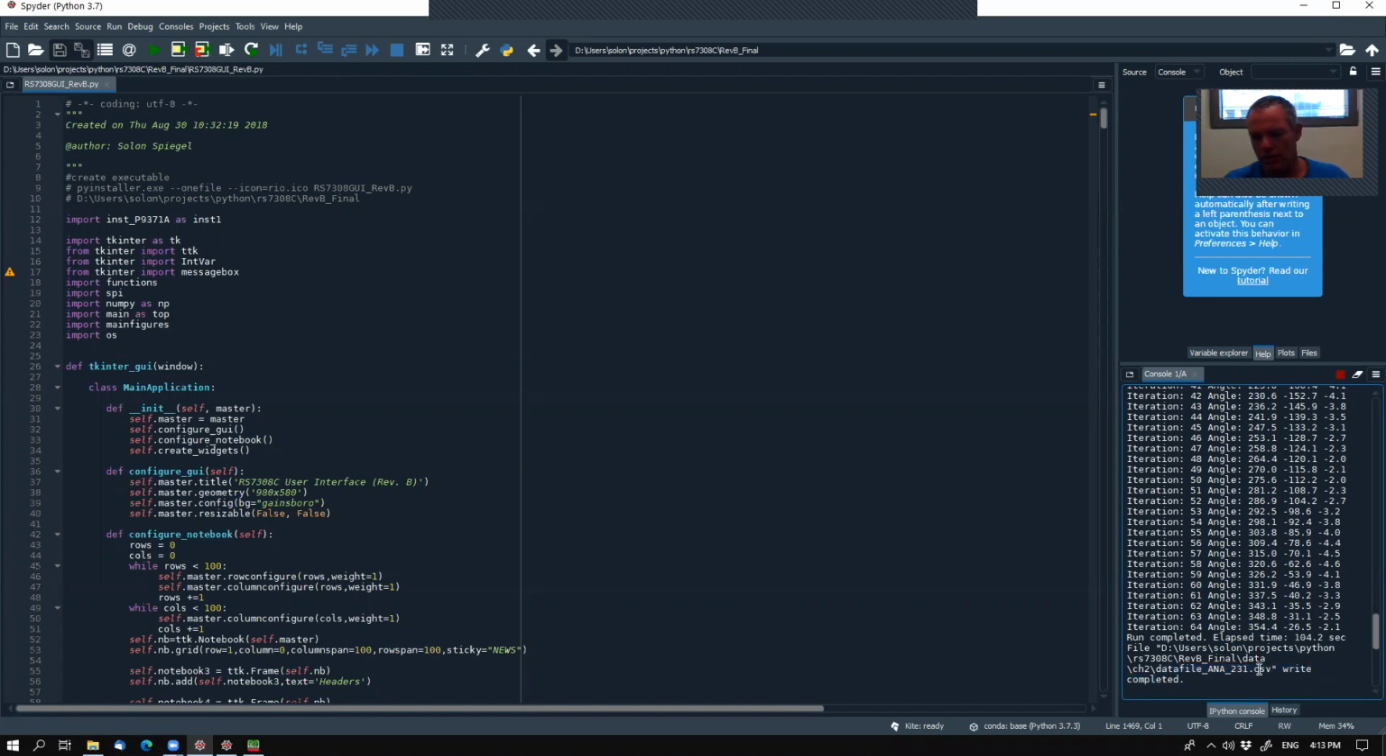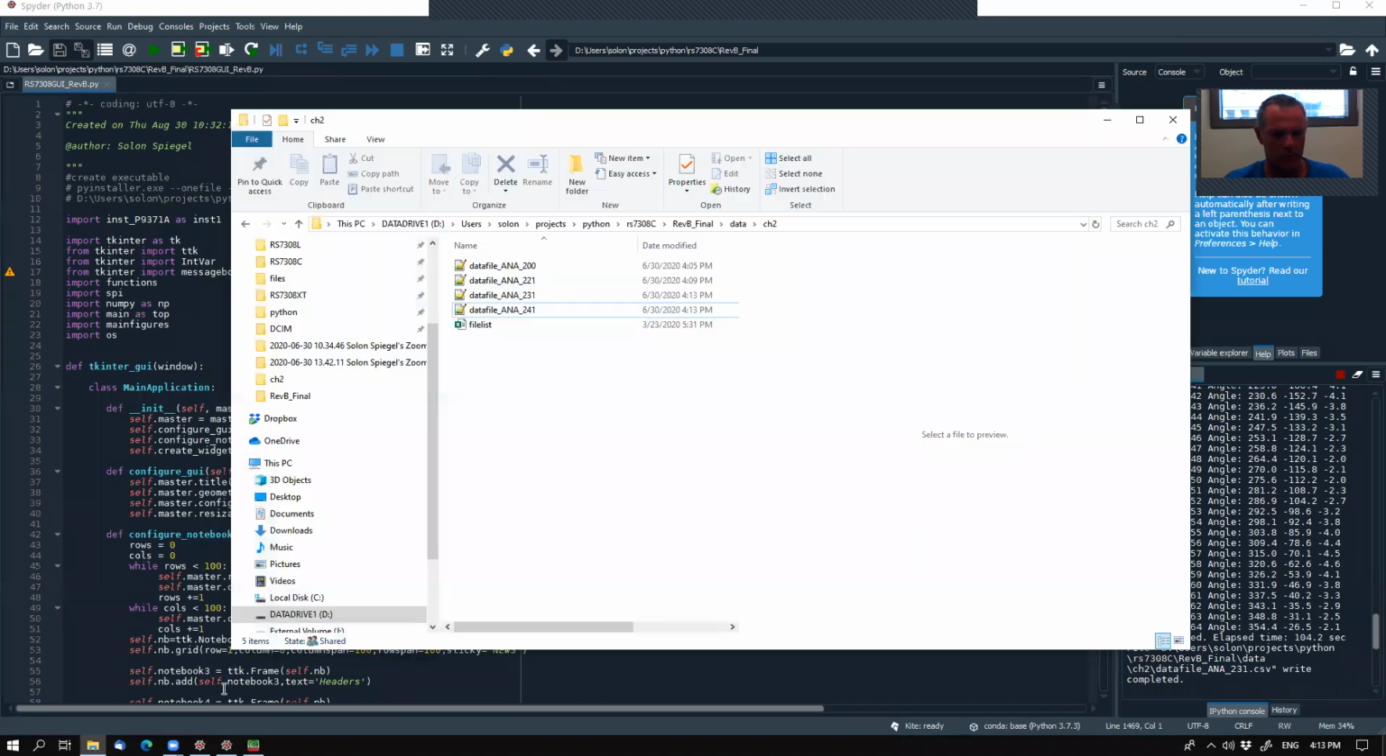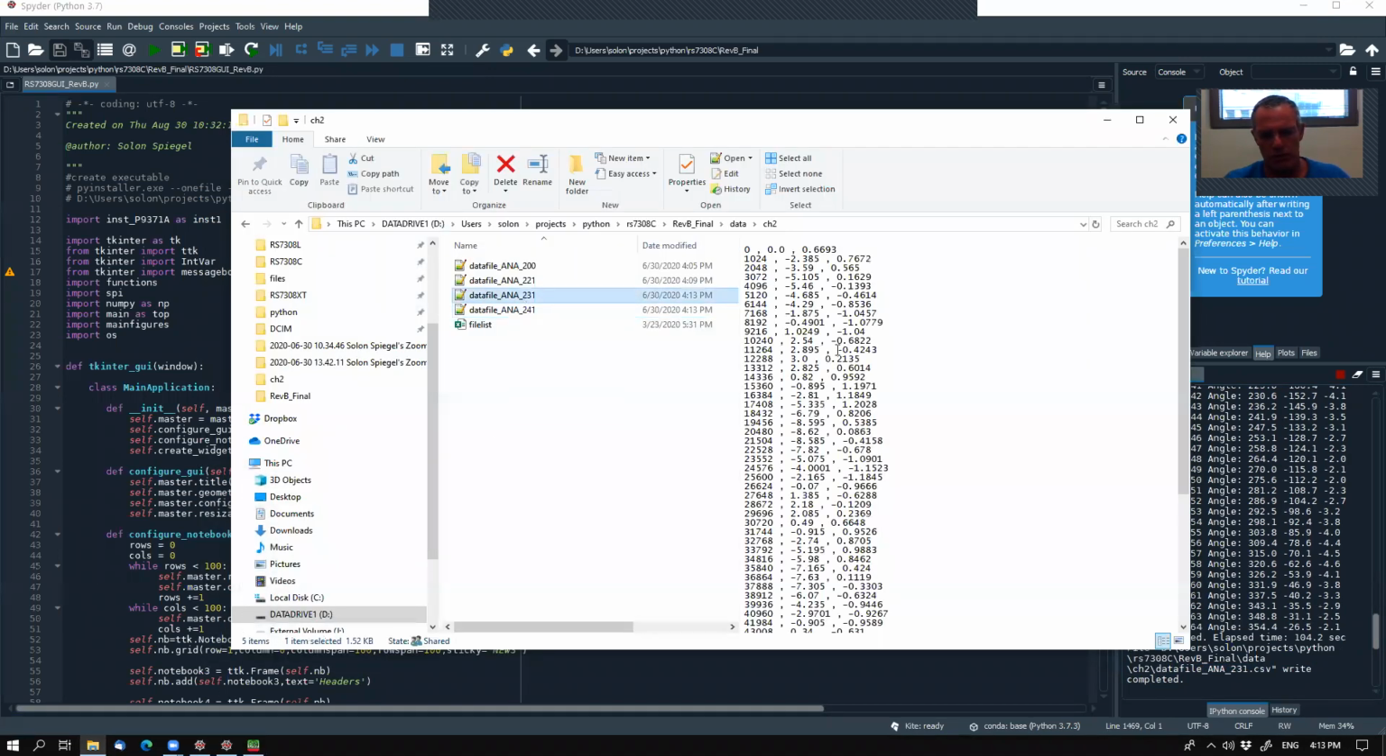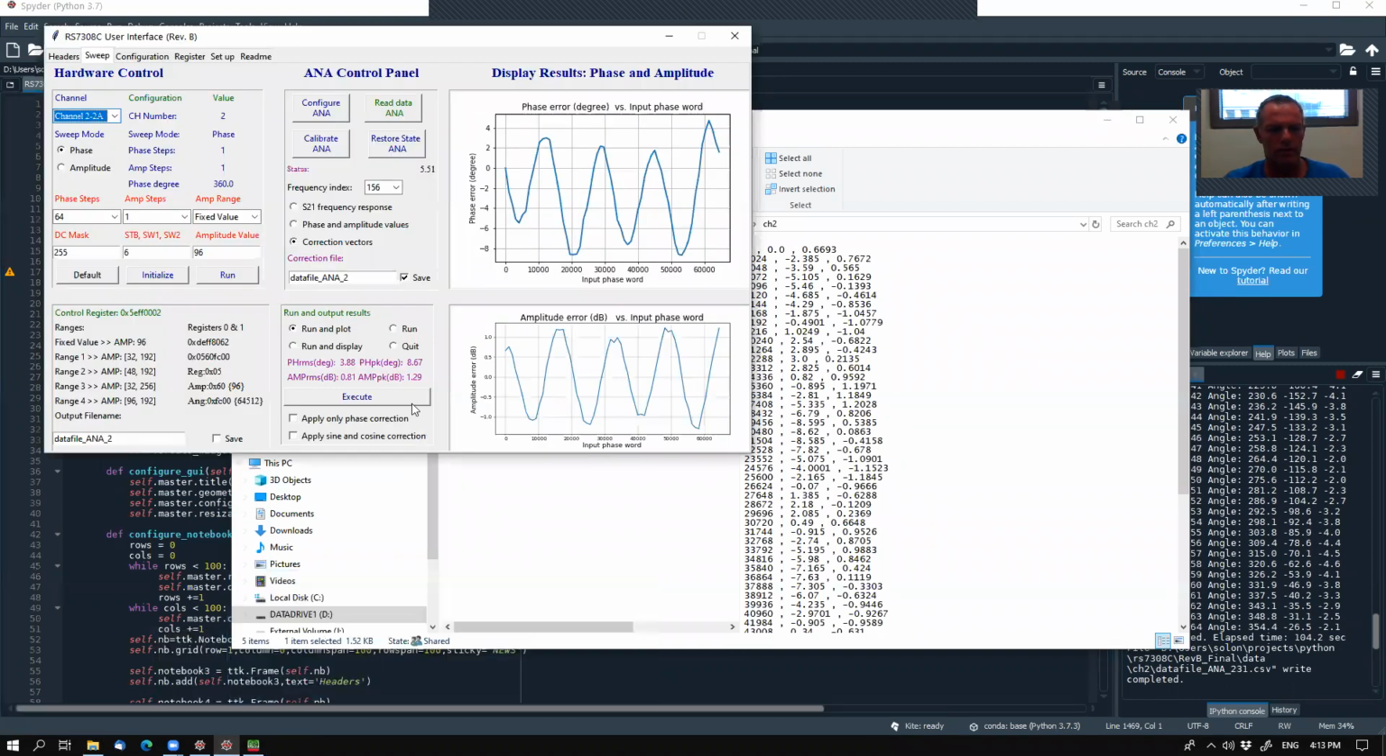So this is the channel number 3.1. So let's look at this file. So a file has been created which shows the phase arrows and the amplitude arrows. But you can also see this file in the software. So this is the uncalibrated phase error and an uncalibrated amplitude error. So you can now take these correction vectors and then recalculate your control word and reapply,